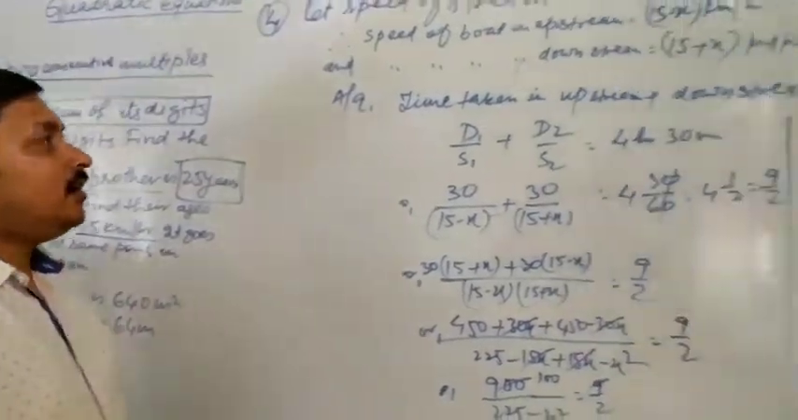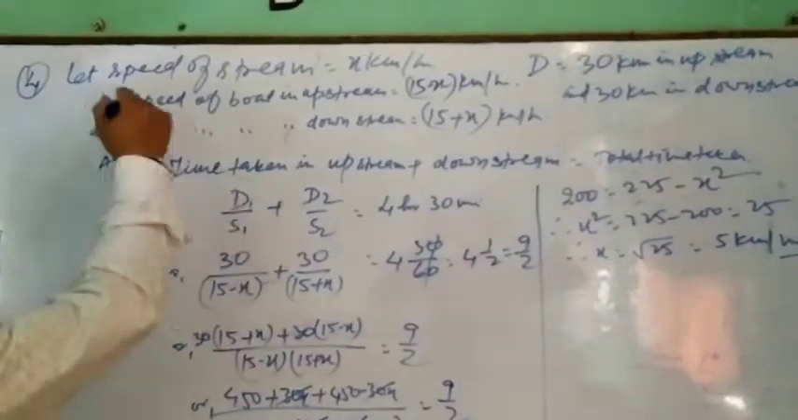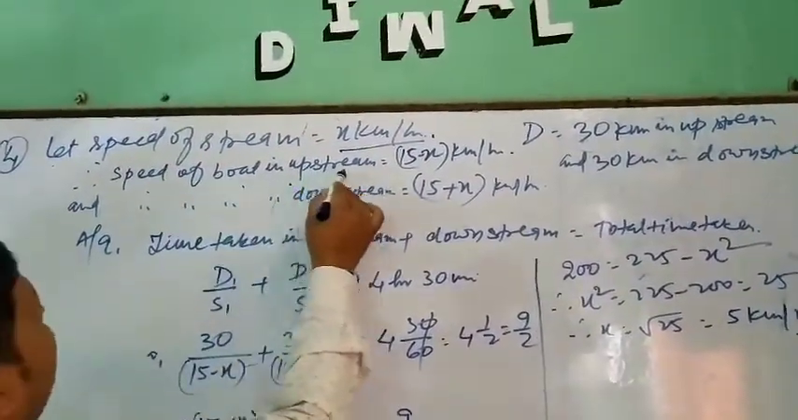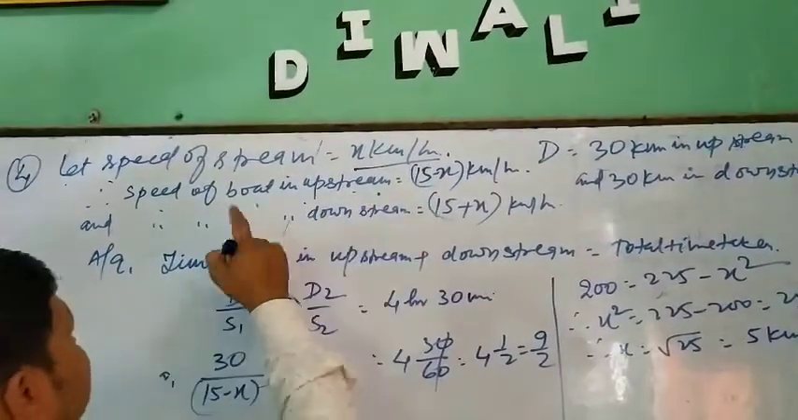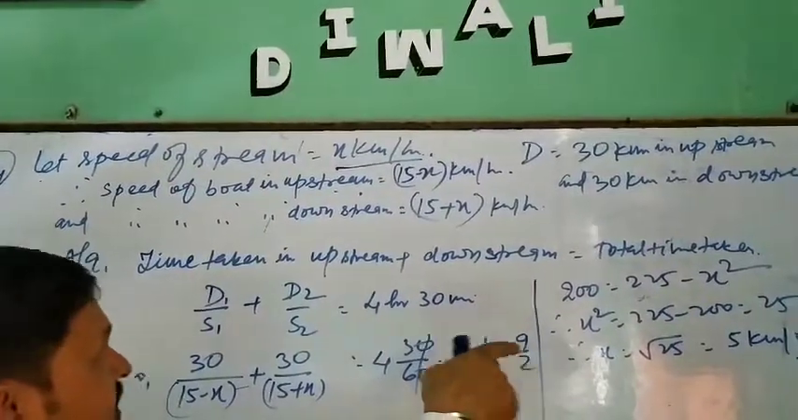That means we have to find out the speed of a stream. Let the speed of a stream be x kilometer per hour. The speed of boat in upstream, because the speed of boat in still water is 15 kilometer per hour. So